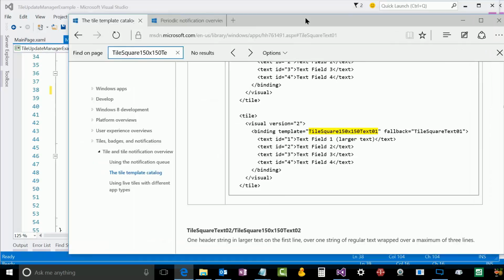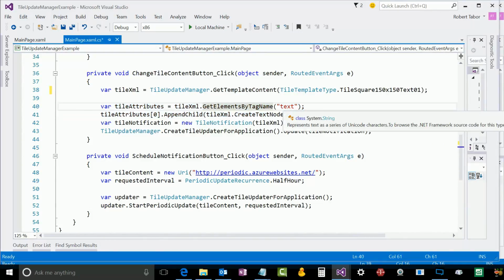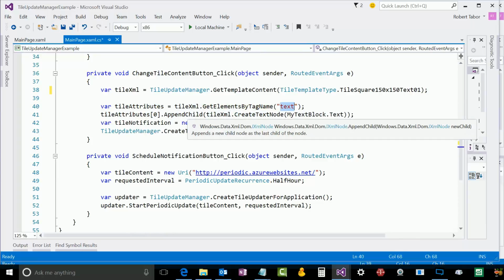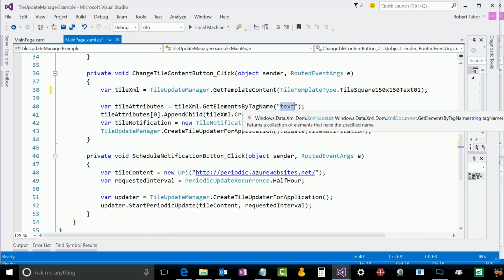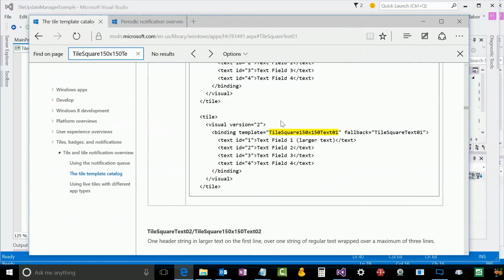And so just keep that XML in mind, because what we're going to do next is manipulate that XML in the next 2 lines of code. We're going to find an element with the name text, and then we're going to add a child to that first element with whatever I typed into that text block. All right, so we're going to create a text node in our template and then append it as a child to the text. So if we take a look at the template again, we're going to find the first occurrence of the text element, and we're going to add a child to that element,